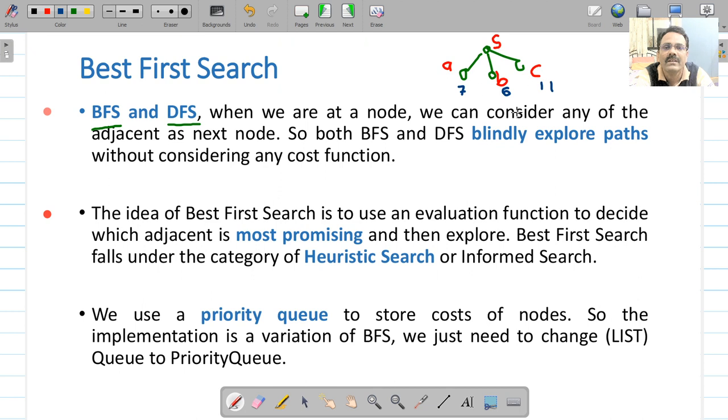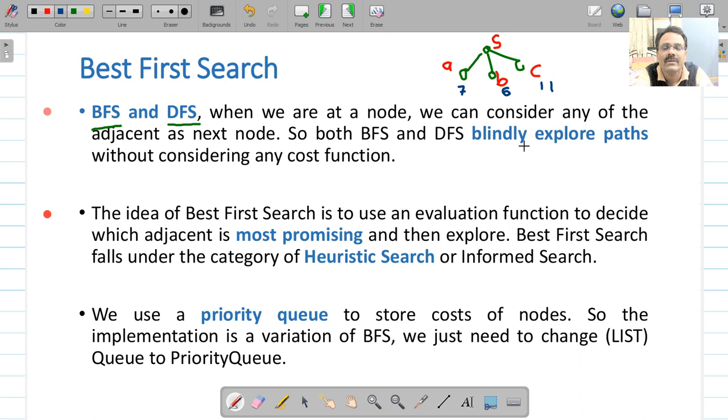So it will select the node with cost 6, and after that it will store these nodes in a list kind of data structure, which, as we will see, will be a priority queue, because every time you have to select the best node. Whenever you explore B further, A and C will still be there.